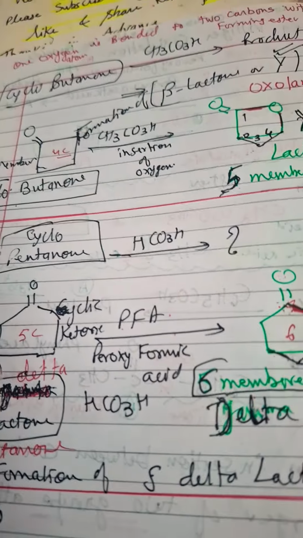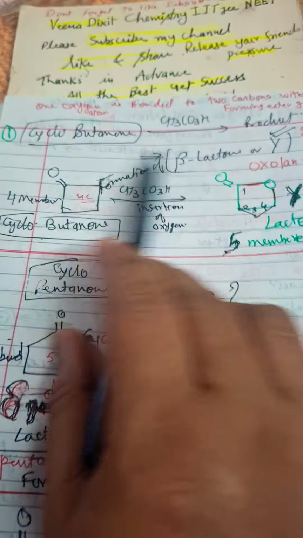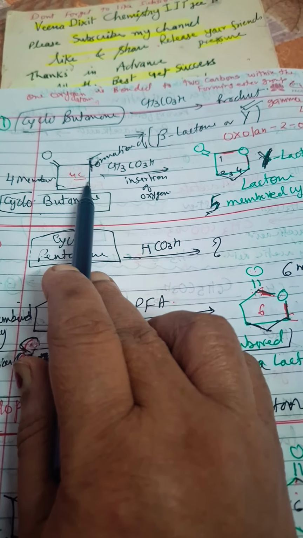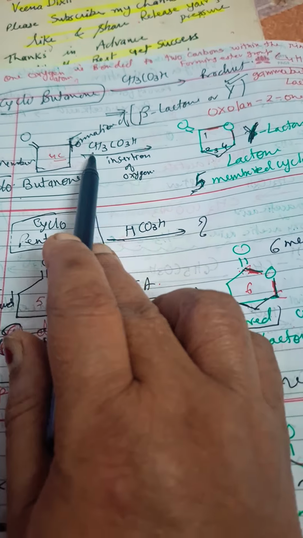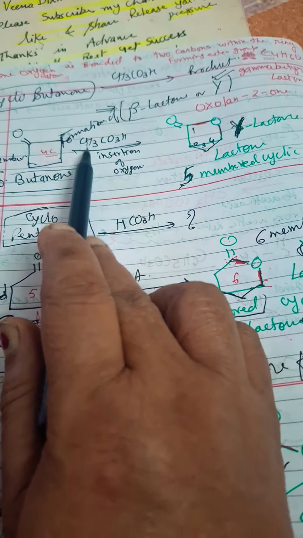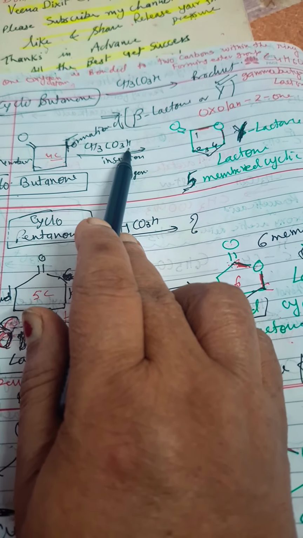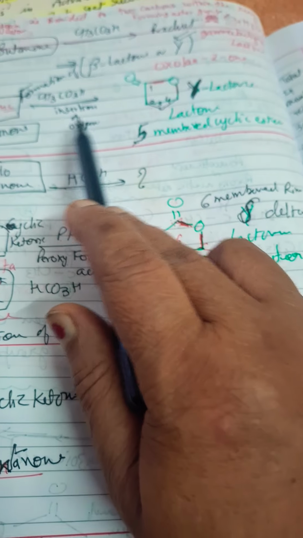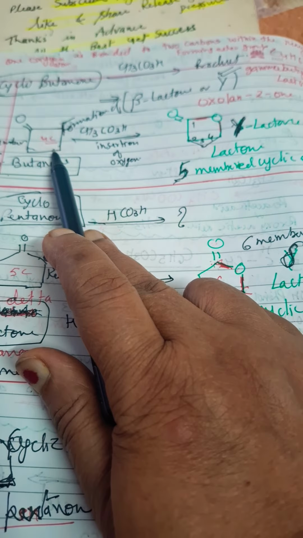Now I will tell you how we produce it. Cyclobutanone is a 4-carbon cyclic ketone. So a 4-member ring is there. When a peracid, any peracid, whether it is peracetic acid, peroxyacetic acid, or peroxyformic acid, reacts with this,